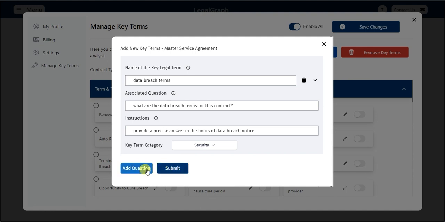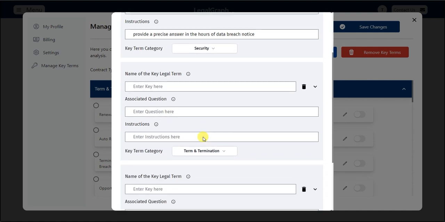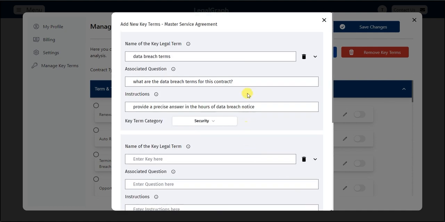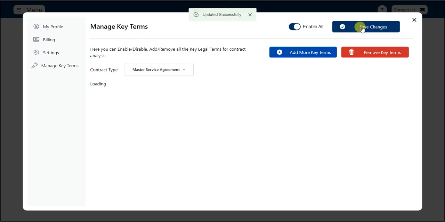Or if you want to add more, you can use this add question button to add multiple questions here. You can add a number of questions here as per your requirement. And once you have stored those, you can use this toggle to enable and disable the key terms. Once you enable a key term, you can save the changes here, and it will give you a notification that the